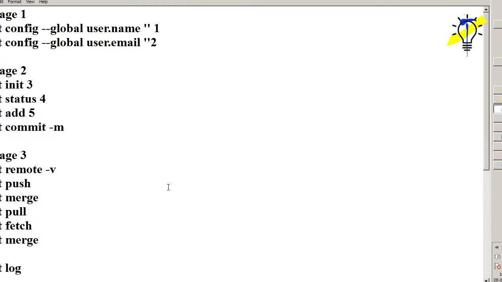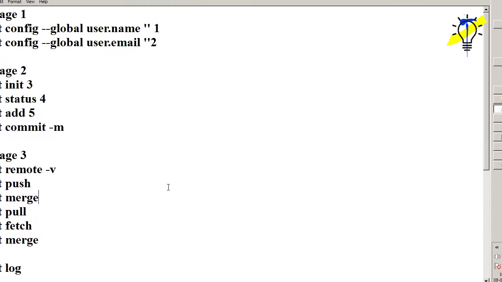For example, I want to merge master with north. First I check out to the master. Then I can add the north or south to the master. And if I want to add the master to south, first I check out to south, git checkout south, and later I can run git merge master. In the same command also we can use it.